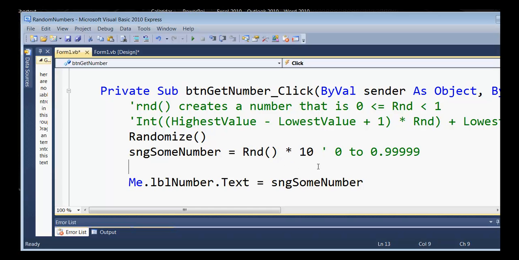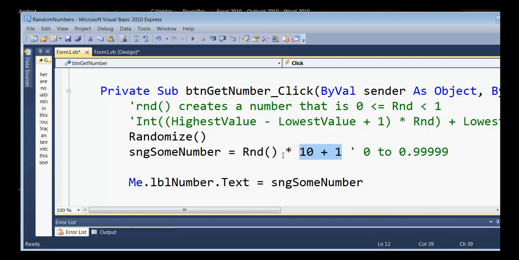Now what that effectively does is take whatever the result is in this range and move the decimal over one place. So if it happens to create this number, for example, it'll go from 0.99999 to 9.99999. And that's almost what we want to create a random number in the range of 1 to 10. The only time it won't create anything in that range is when it creates a 0, which is too low. So we're going to simply add 1 to this, put a +1 there, and now we've got a random number generator that will create a random number in the range of 1